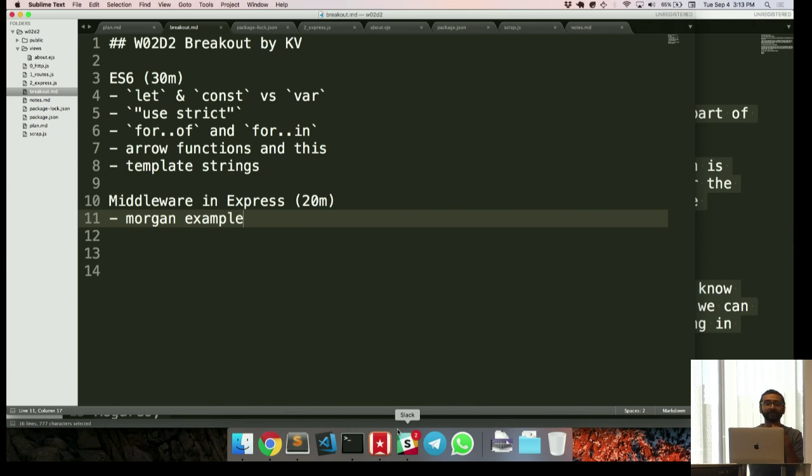You could have asked the question during the prep course, and maybe you did. I'm curious. Did people, as they were going through the prep course or week 1 material, come across some of these things in other resources out there that either we linked to or you just came across in your own research? Things like let and const, things like arrow functions or template strings. Did they come up? Right, so that probably led to a little bit of confusion, I'm guessing. Like, hey, how come we're using var in our prep course, but a lot of places online I'm seeing const or let, or the same thing with anonymous functions.